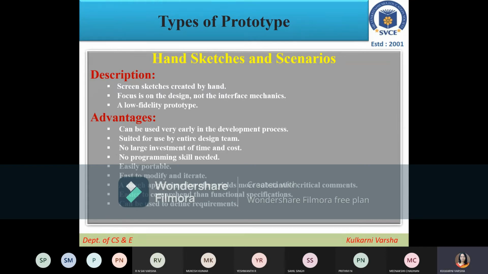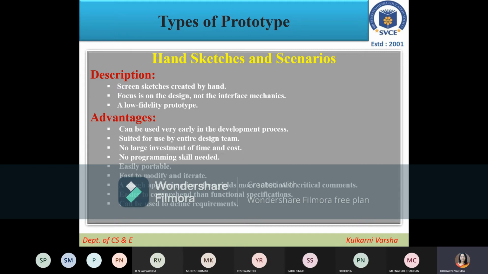This is where we should start, with the hand sketches and scenarios, because through this we can do a lot of testing. I mean, not very clear testing, but we can find out a lot of insights, or a lot of system problems, through this.